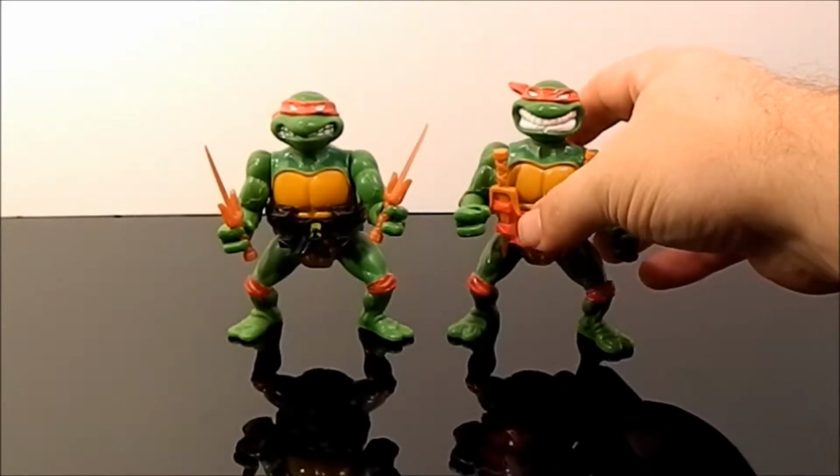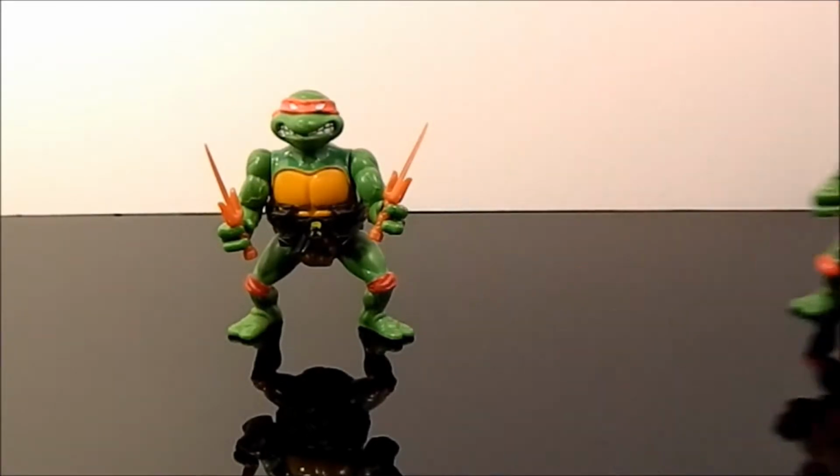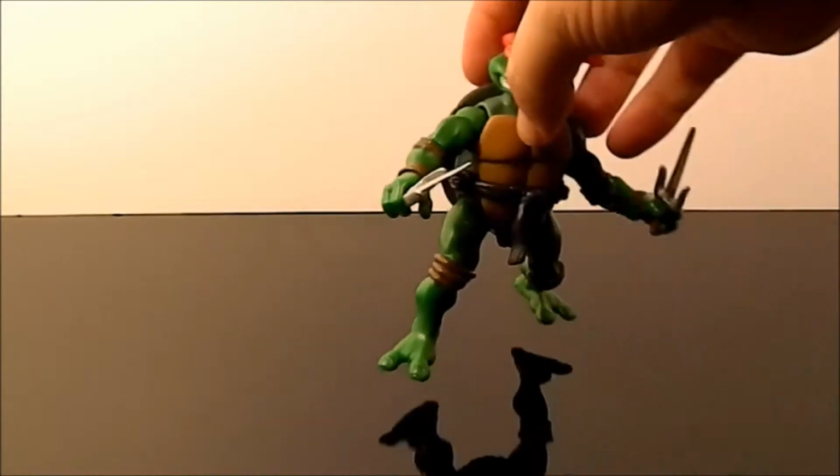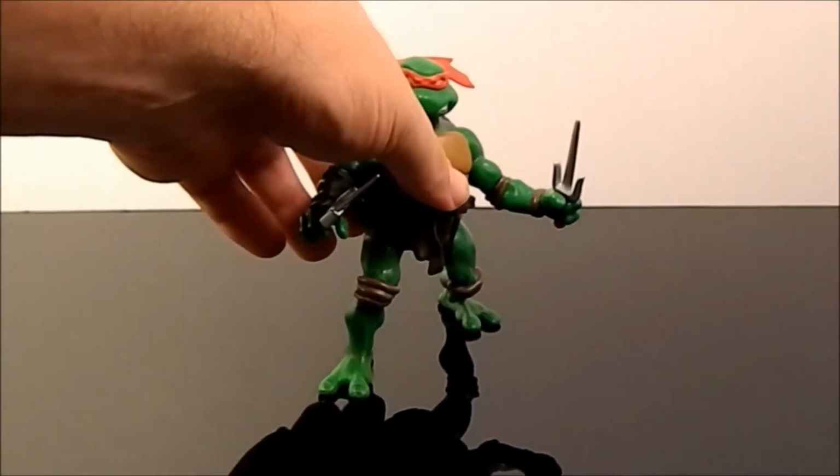And I didn't really play with the toys anymore. That's when I kind of turned collector. And then for a while I didn't buy anything. And then in 2002, these guys came out, which I thought was a really good blend of the original toy and